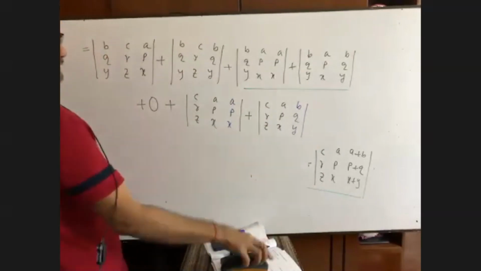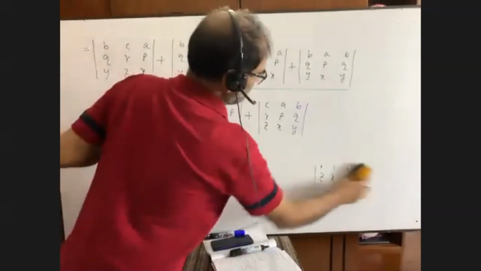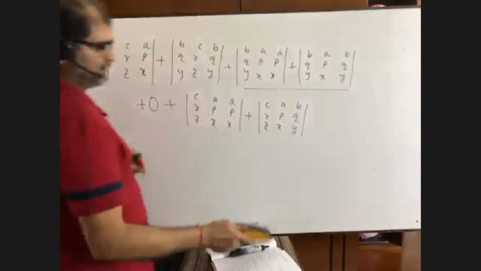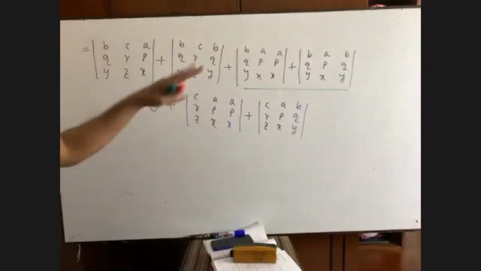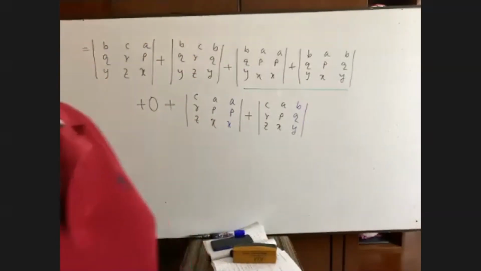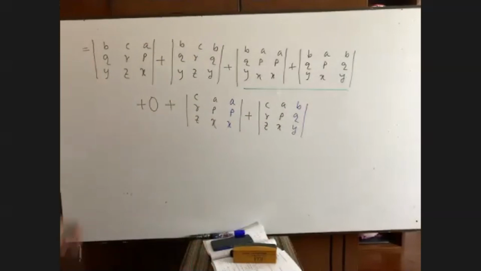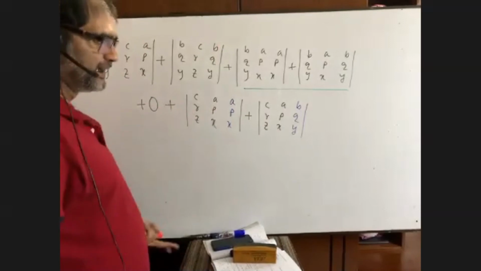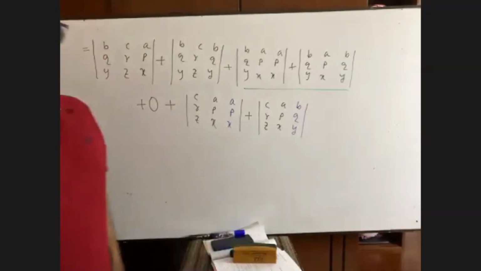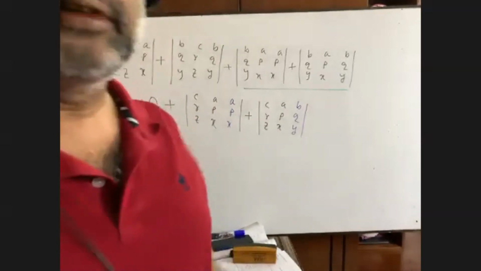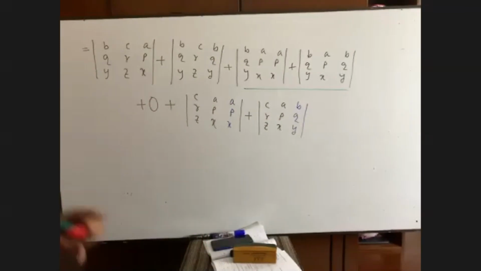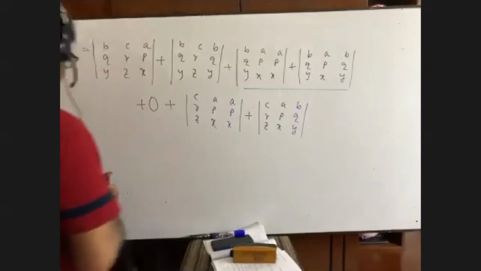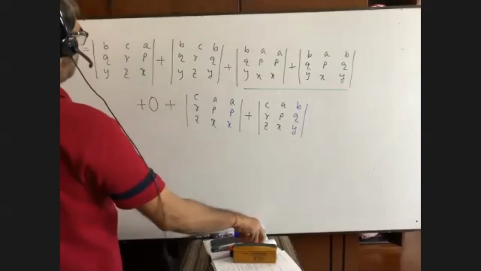Okay. Now you see we don't have any entry where there is a plus sign. Every entry is now single, right? I mean, there is no A plus B, there is no X plus Y. I'm telling about that. Every entry is now single. Is it okay to all? Yes, sir. Okay, that's good.